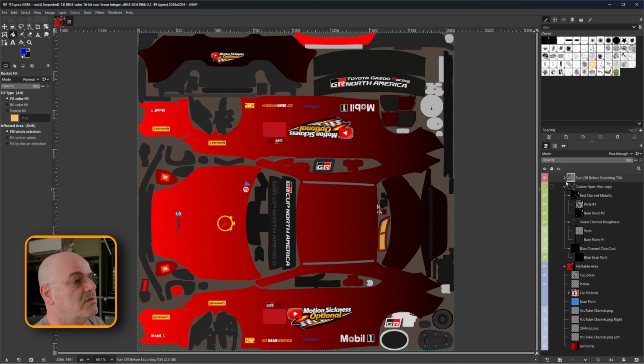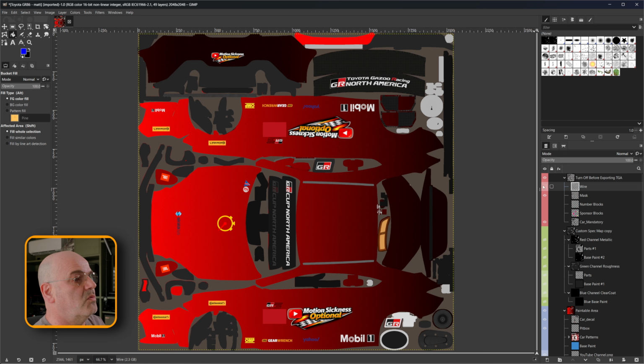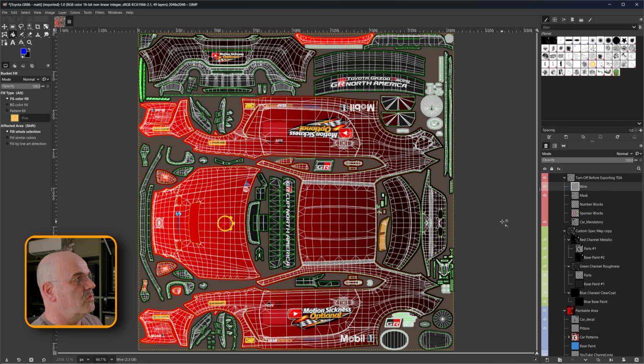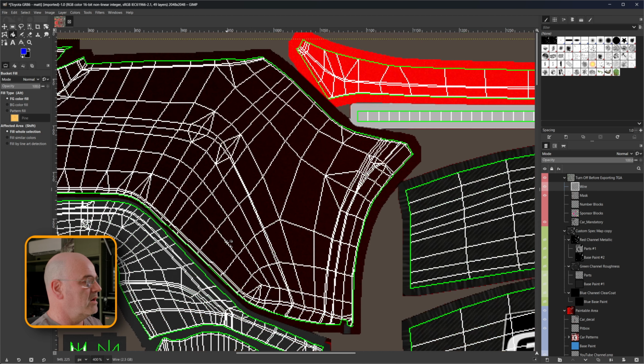This one has some nice things in there because I can switch on the wire view. And the wire view will give me the exact geometry and also how things are bent around the geometry of the car. And that gives me the possibility to mask a certain piece of geometry very cleanly. And what I also learned, if I zoom in a little bit and I go to the bumper,